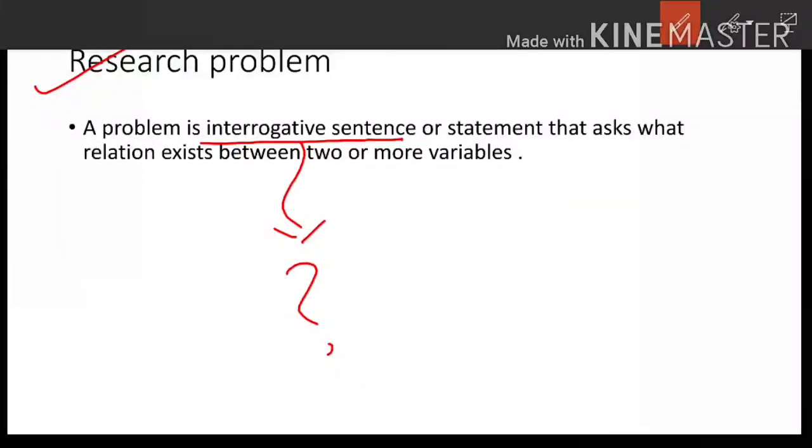So the problem statement actually articulates the problem to be addressed and indicates the need for a study through the development of various arguments. In other words, dear friends, you can say the problem statement presents the topic under study, provides a rationale for the choice of topic, represents a synthesis of fact and theory, and directs the selection of a design.